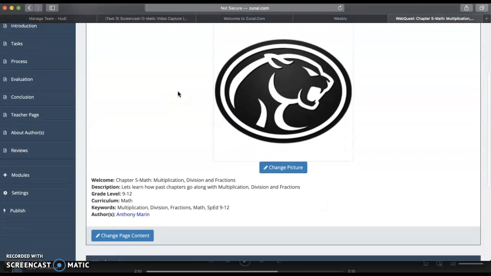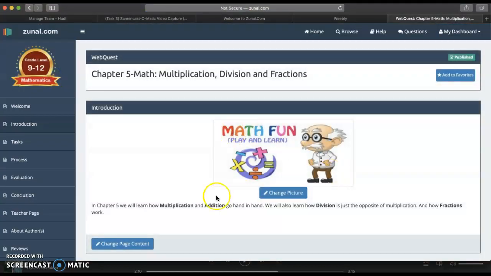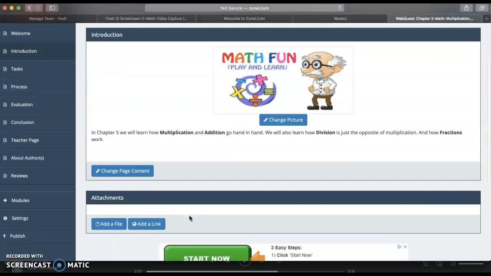So this is my welcome page. We'll be doing chapter 5, math, multiplication, division, and fractions. The description: let's learn how the past chapters go along with multiplication, division, and fractions. Grade level 9 through 12, math. Some of the keywords: multiplication, division, fractions, math, and then special ed 9 through 12. The introduction kind of just gives you a brief overview of what this chapter is going to be about,